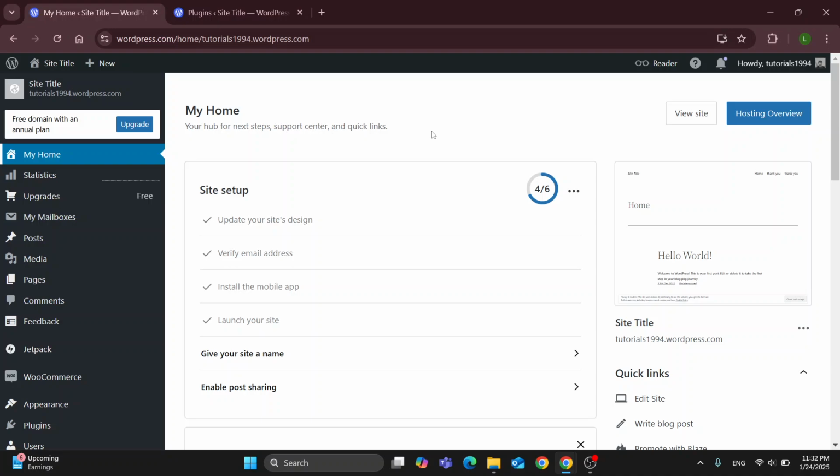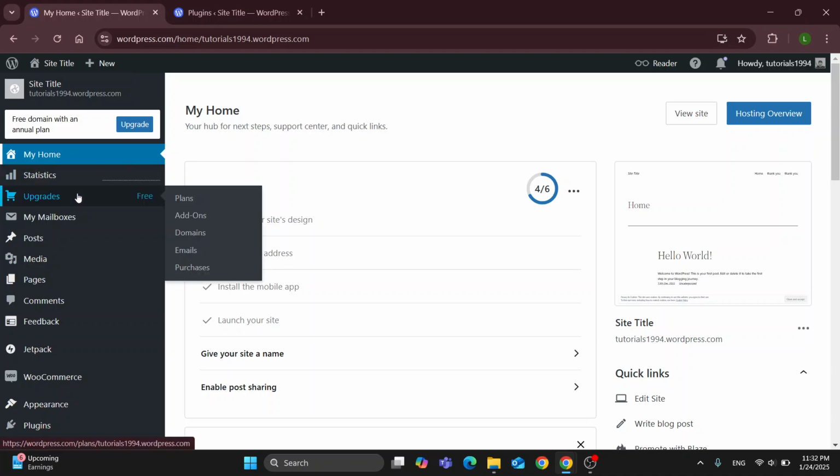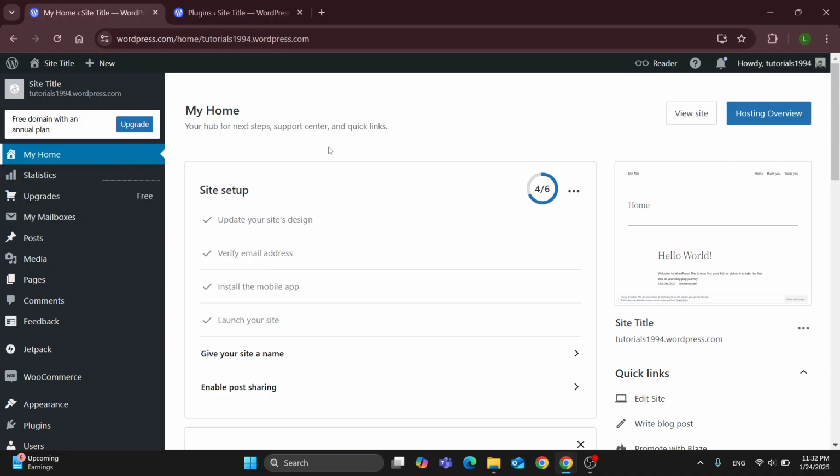So the first thing you want to do is to go ahead and open up the official WordPress website right here at wordpress.com if you've not already, and after opening it up you'll be greeted by this main page right here, which is a home page where in the upper right corner you want to get started with logging into your account if you have not already, and after logging in successfully you'll be greeted by this home page right here where in the left side screen you can find all the sections you can access such as home, statistics, upgrades, and so on. So let's go ahead and take a look at how we can get started with adding